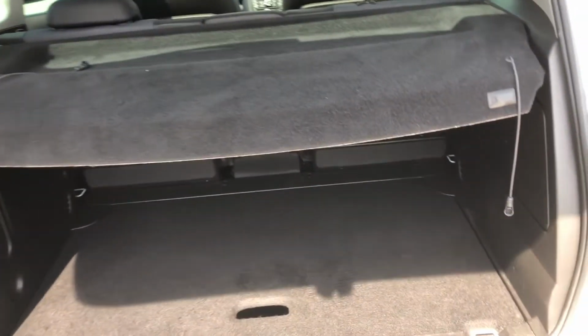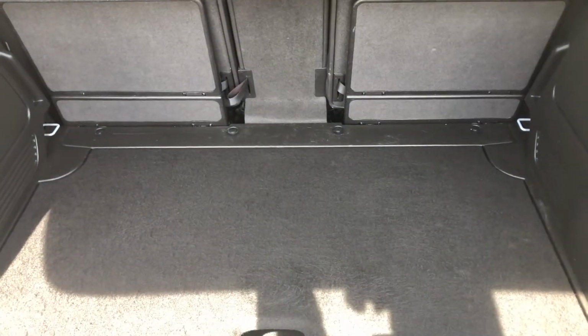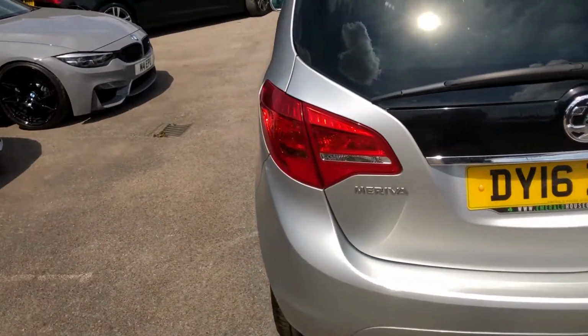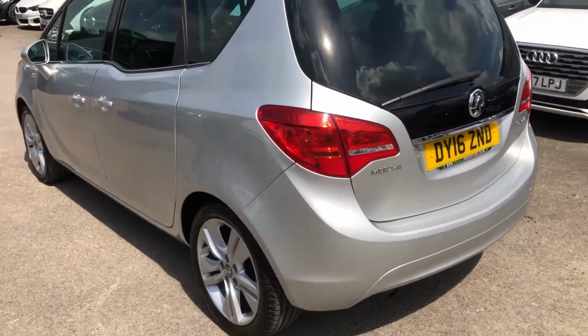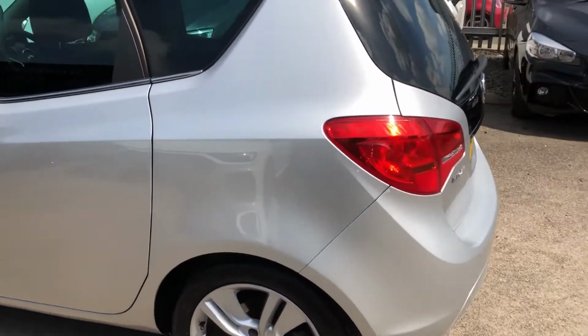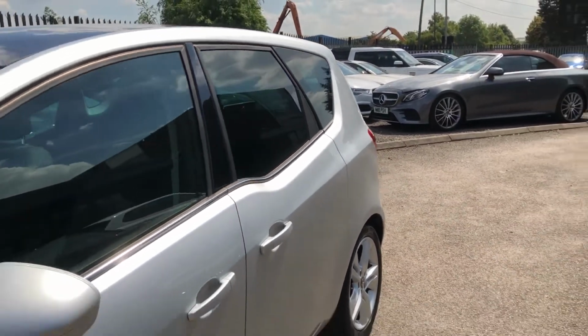In terms of boot room, you'll see the Meriva is actually quite well equipped in terms of room. You can get pretty much anything you need in there for a family car, push chairs, buggies, pets, anything of that nature. And underneath, if you're struggling, you've got the variable boot floor as well. It's not an electric boot, it is a manual boot, so don't be thinking you've got a button to auto release. But from every angle, the Meriva is a great car, really practical, really spacious, and again one that offers